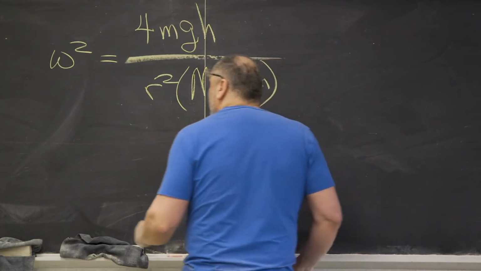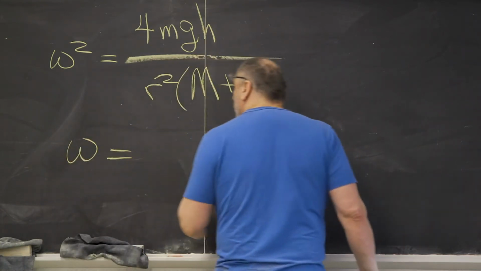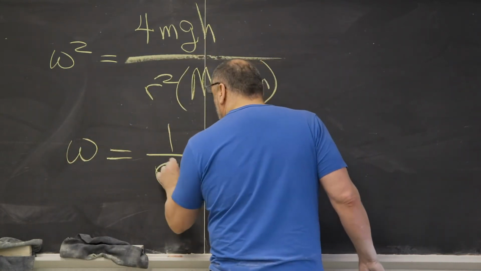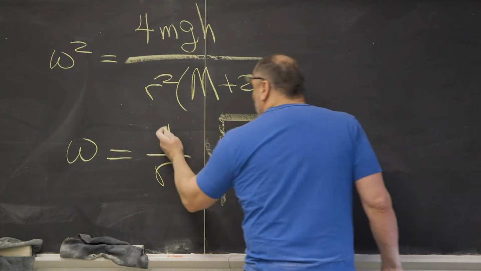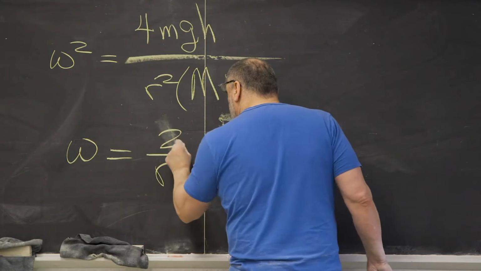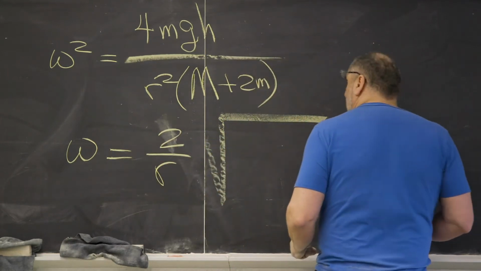You square root both sides, you got 1 over r. And the square root of 4 is 2. Square root both sides. Square root of 4 is 2. And the rest is